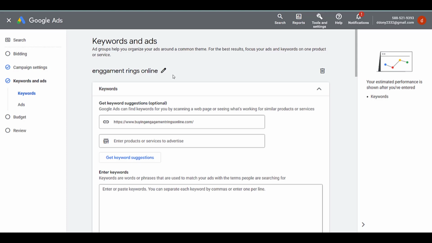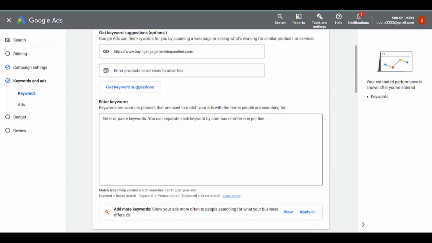This will not only result in a high quality score, but it will also help to increase our chance of attracting relevant traffic to our website. For those who are new to Google Ads, it's recommended to start with exact match. This involves enclosing your keyword in brackets.